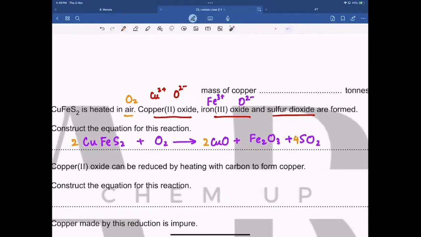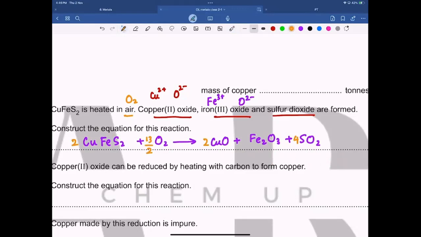Now, how many oxygens are over here? Check again. 13. How many over here? 3 makes it 5. And 4 times 2? 8. So 8 plus 3 plus 2, 13 oxygens. And how many oxygens over here? 2 only. So what I will do is put 13 over 2,